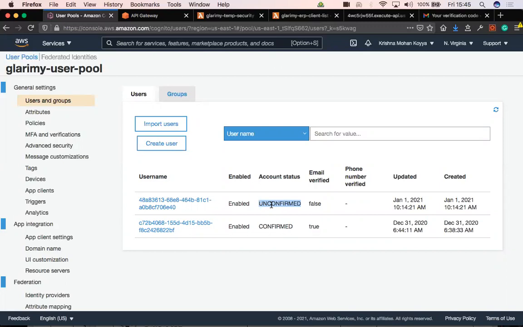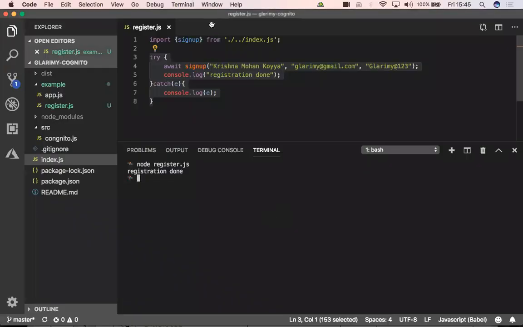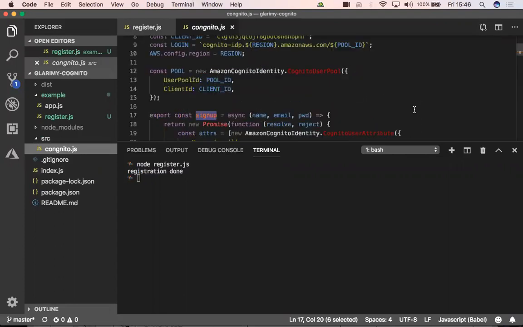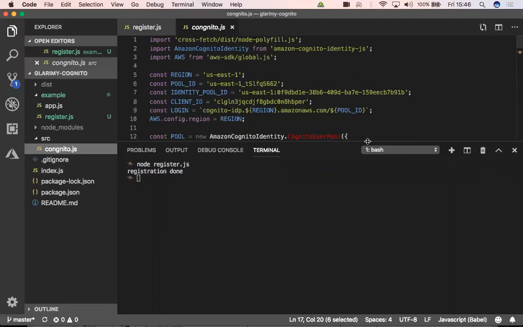Okay. So just like I have written a couple of functions in the Cognito like sign in and sign up, you need to write such functions for other flows like confirming password, forgot password, unregistering a user. All those things you need to write in the Cognito. You will be extending the Cognito service. Currently, Cognito has only 90 lines of code and 4-5 functions.